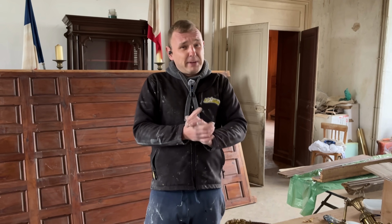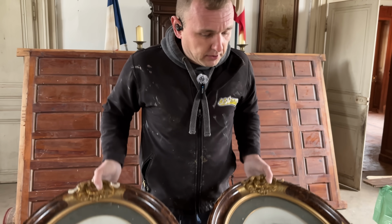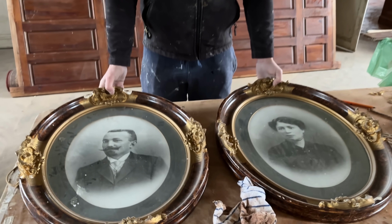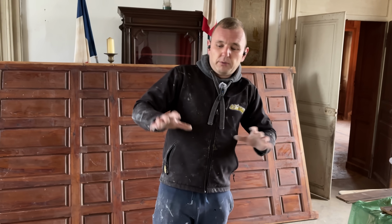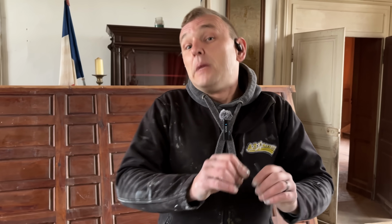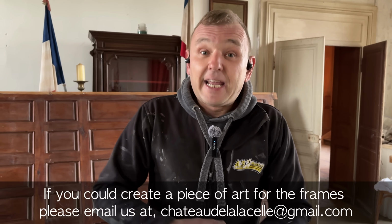But we've got a big ask from you guys now. These picture frames are going to be going in the 401 blue room, and we don't particularly want the people in there. You guys have said you wouldn't be comfortable with it, and we don't particularly want that for a number of different reasons. We want something that's going to be in keeping with the room. So Terry's going to work on these frames. But if there's any amazing artists out there that could do us something Marie Antoinette-esque, or something in keeping with that room, whether it be beautiful blue cornflowers or anything like that, get in touch, drop us an email at